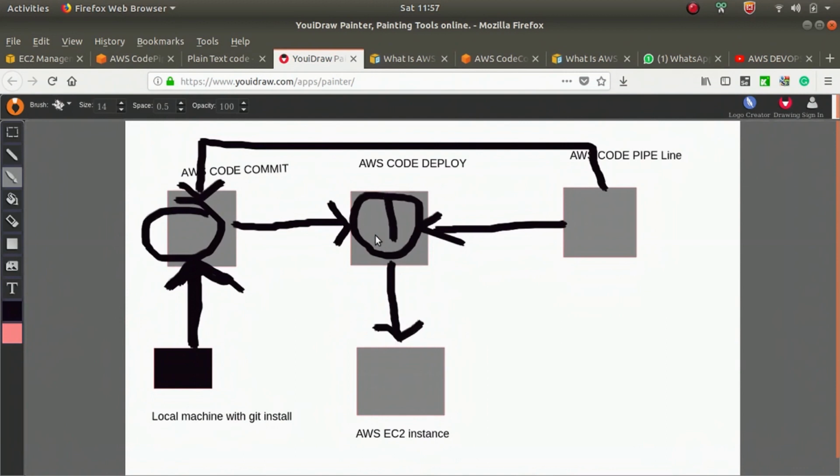Then code deploy will deploy those codes to the EC2 instance. Code pipeline will detect the changes. If something is changed, it will inform the code deploy and push that code again to the AWS EC2 instance. That's all.